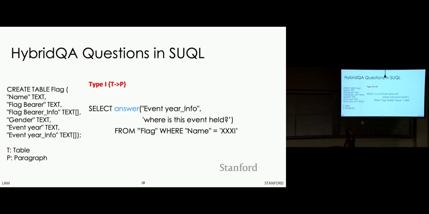And so this is the question. This is the query itself. What does it ask for? Where was the 31st Olympiad held? Yeah. Okay. So you are looking at this table, and you pull out the record where the name has to be 31st. Then it looks at the event year info, which is a text box, and you ask, where is this event held? And the answer is,